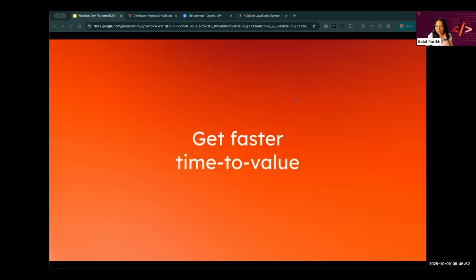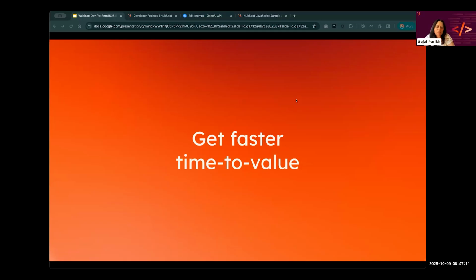But who doesn't want faster time to value? At this time, we all want that. But specifically with the AI advancements that are happening today, it has different meanings as well. It sometimes refers to being able to leverage benefits that AI gives to get your task done much more effectively